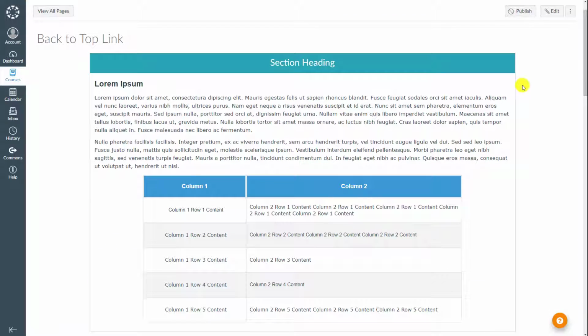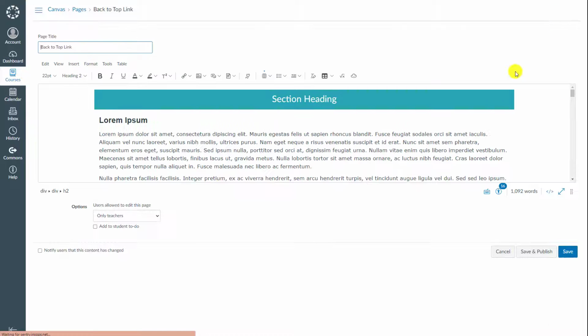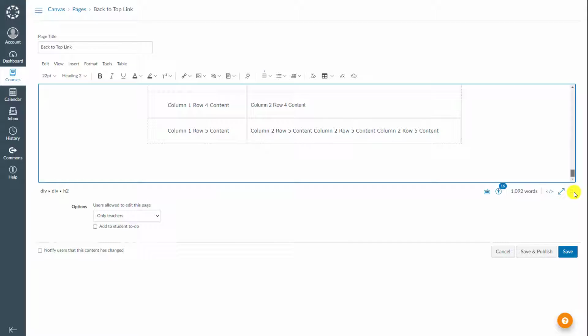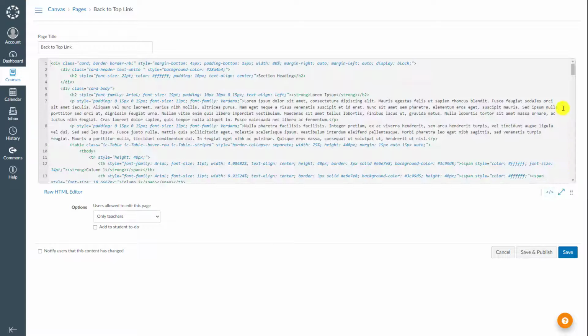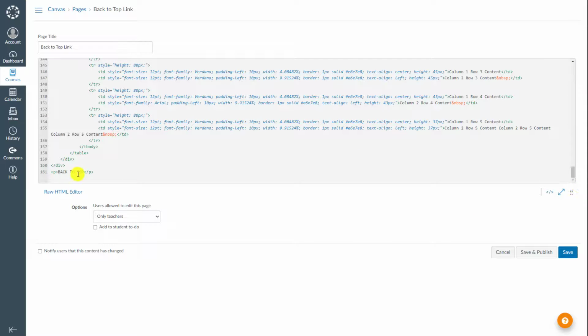And now what we will do is, as you can imagine, we will click edit. In this editing mode, I'm going to scroll down and type back to top. And to be able to create the link, I need to go to the HTML editor view. I will scroll down and come here. To create the link in HTML, I need to use a tag. So I will type this little coding.